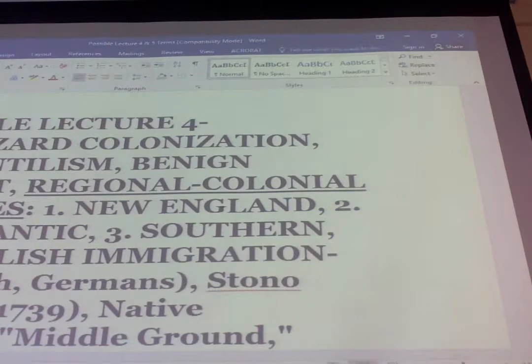At the same time, the English do have a kind of unifying policy, and you heard this mentioned in the crash course video. Right? This policy of mercantilism. He mentioned mercantilism, so I want to say a little bit about mercantilism now, and we'll see it again here in a second. This policy of mercantilism is part economic, and it's really part politics. Ultimately, it is about control. Right? The English want control of their colonies. They feel like they founded us to benefit the mother country. England did not found these colonies so that they would one day become independent and great and bigger than England. Right? That was not the goal at all.